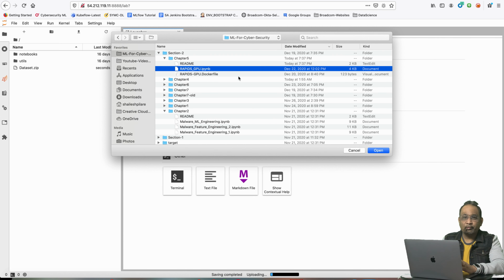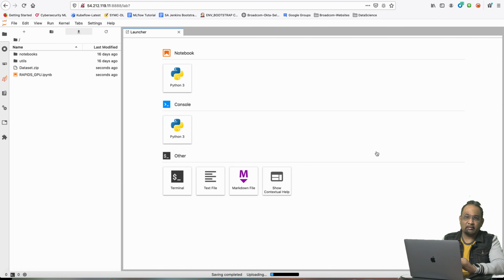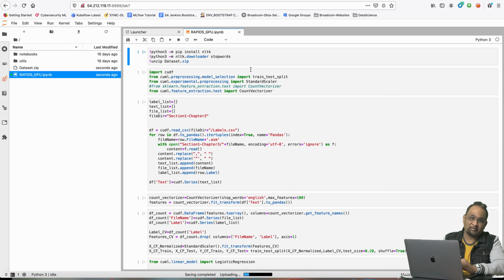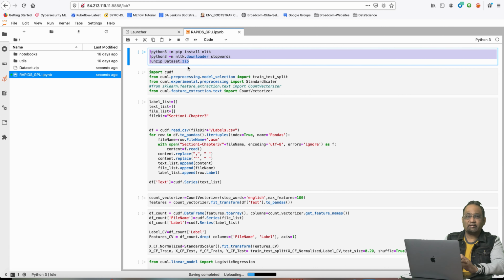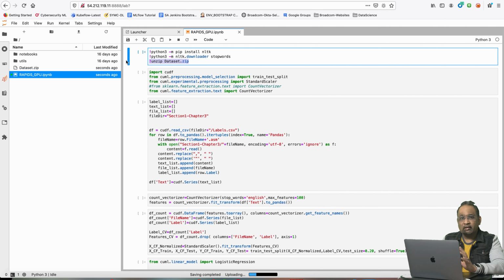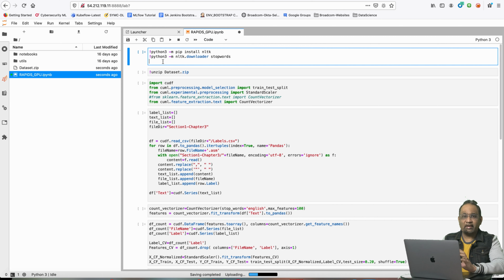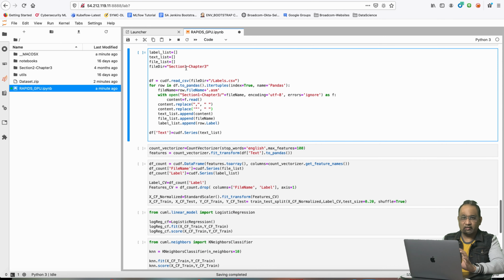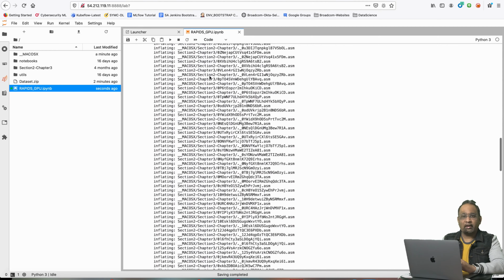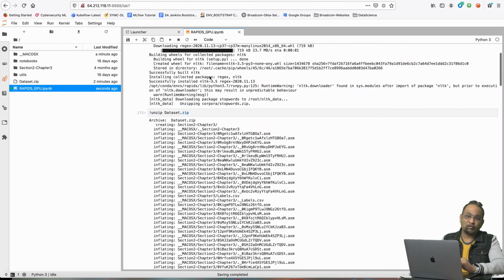Next, we are importing the cuDF and cuML classes, and we are going to follow exactly the same sequence of steps as we did in the malware classification using pandas and scikit-learn. For a quick recap, let's open the malware classification notebook from section 1 and chapter 3, and as you can see, here we are using the pandas and scikit-learn classes, and we are going to follow the exact same sequence of these steps here in the GPU training, except pandas will get replaced with cuDF and scikit-learn will get replaced with cuML.